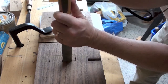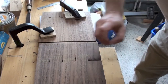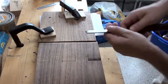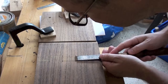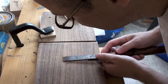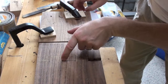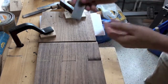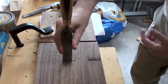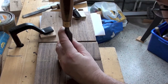And you can see that this little bit of wood is starting to pop up. So we want to very gently ease that out of the way. Very gently. We now have a little channel here which allows us to take the chisel, take the flat of it into that, right up against the knife line, and eyeballing,